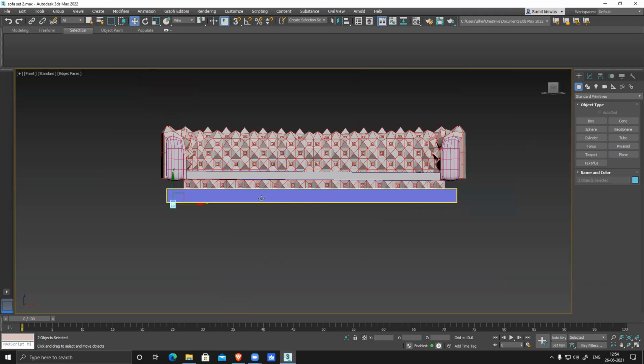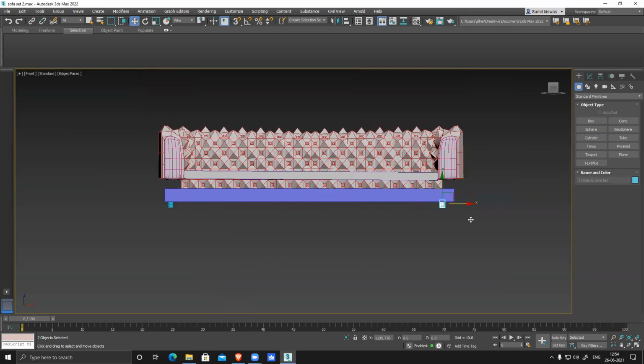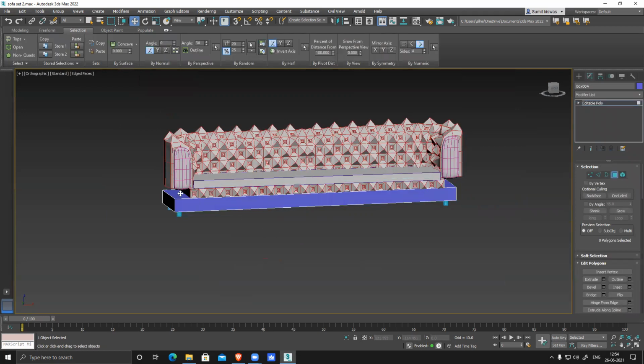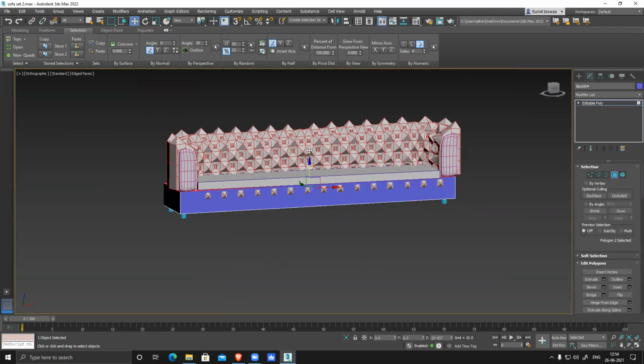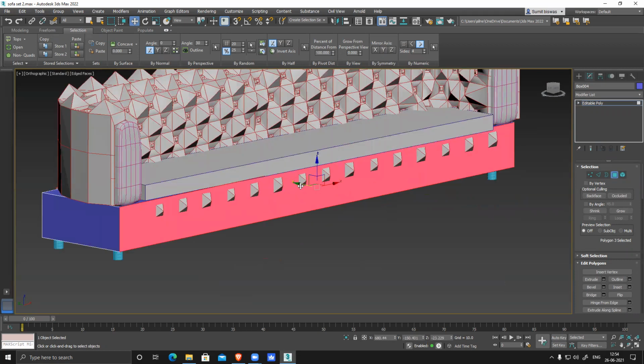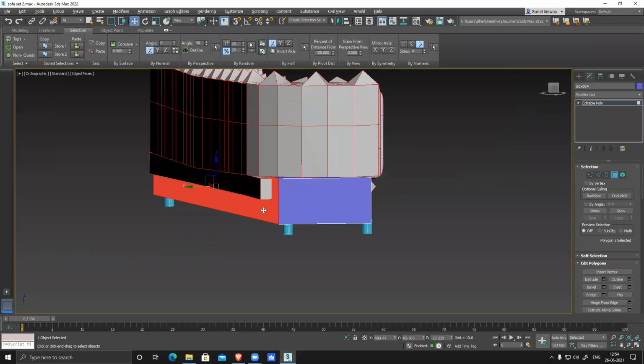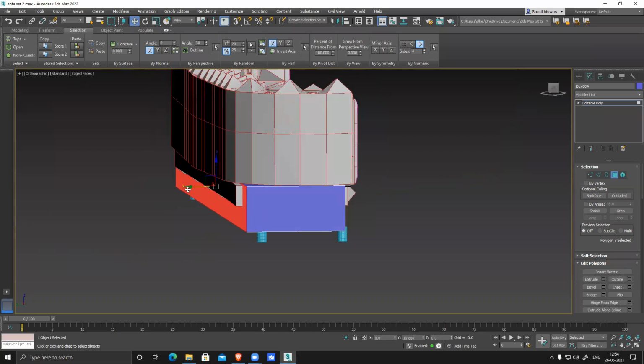Go to front. Place it here or apply a symmetry. Select this thing. Convert to polygon. And then fill those sections. This is roughly what I'm doing, really quickly.